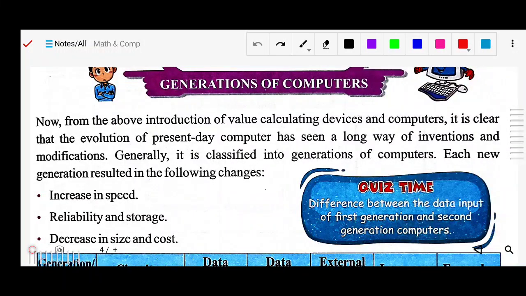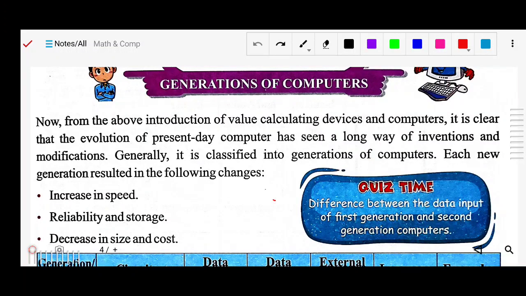Good morning, students. Today we will continue our chapter 1, computer evolution. We have already studied the history of computers, how many devices and how their technology were developed gradually. Now today we will see the generations of computer. The generations mean the development phases according to their period of time, how a generation takes place. So that was classified like generation 1, generation 2, and we will see it.